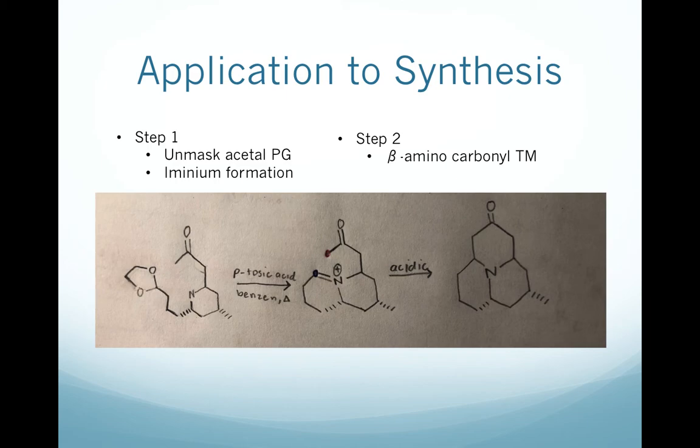Finally, this last reaction was interesting since the target molecule is the tricyclic beta-aminocarbonyl. The first step involves unmasking of the acetal protective group due to the acidic conditions to expose the aldehyde. The carbonyl in the aldehyde is electrophilic, which will form an aminium with the nitrogen due to it being 6 atoms away. The second step involves an enol being formed and attacking the electrophilic aminium intramolecularly to give the final